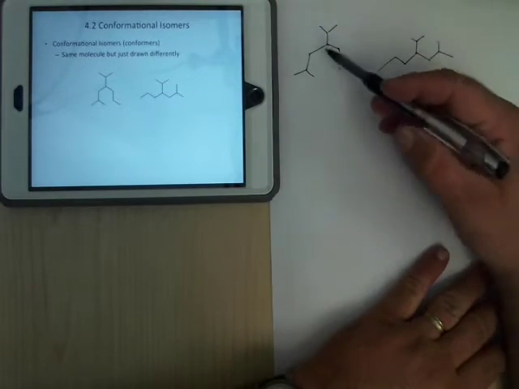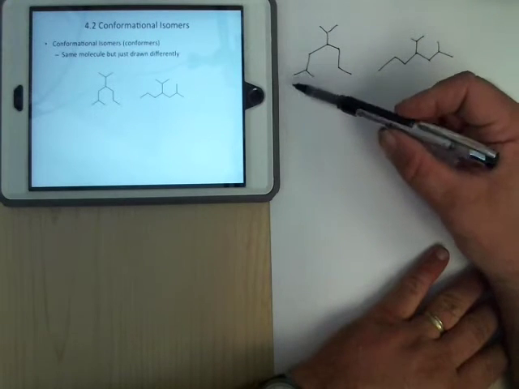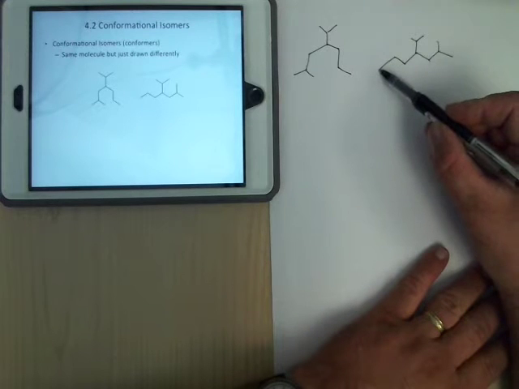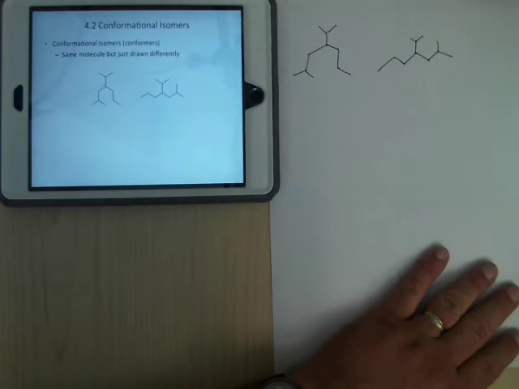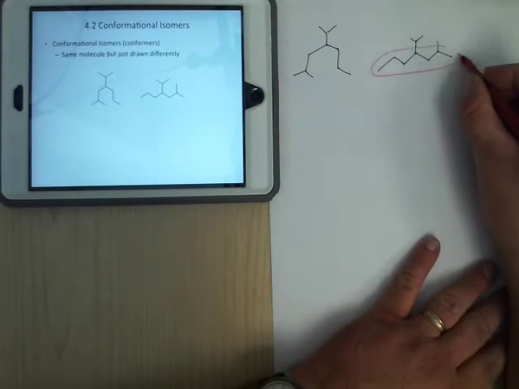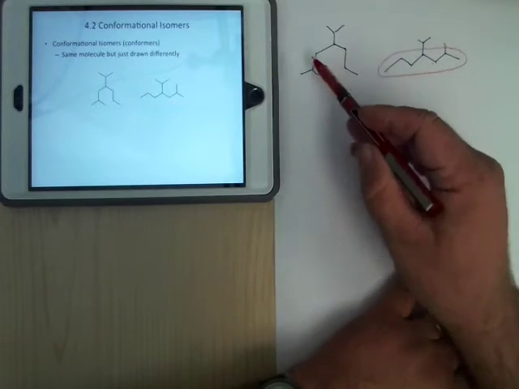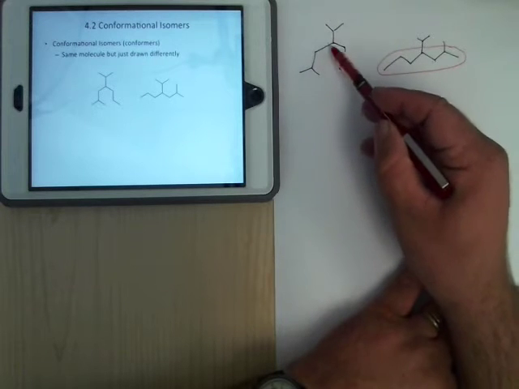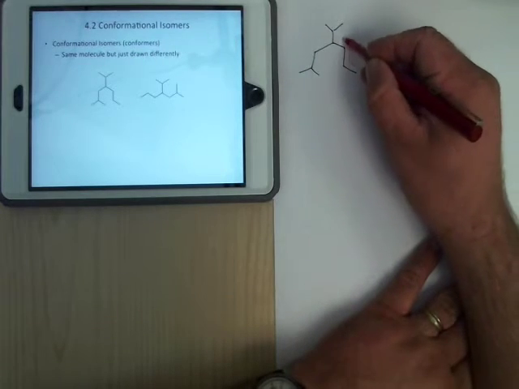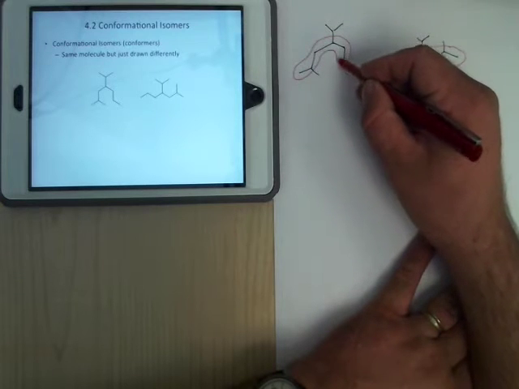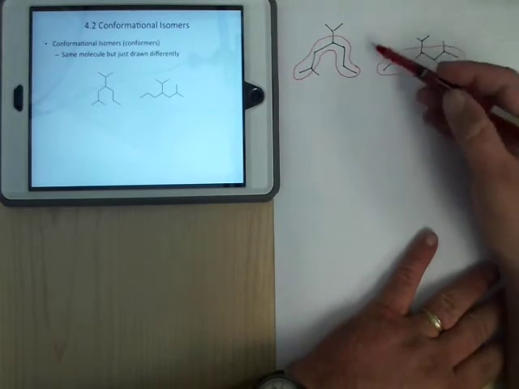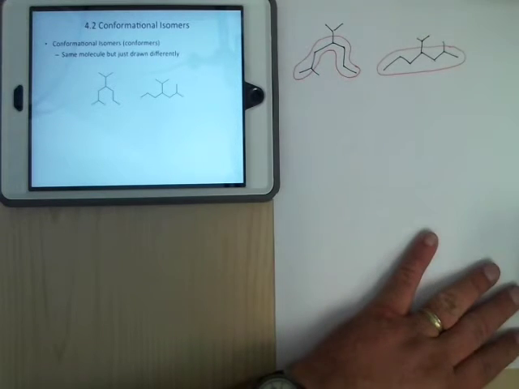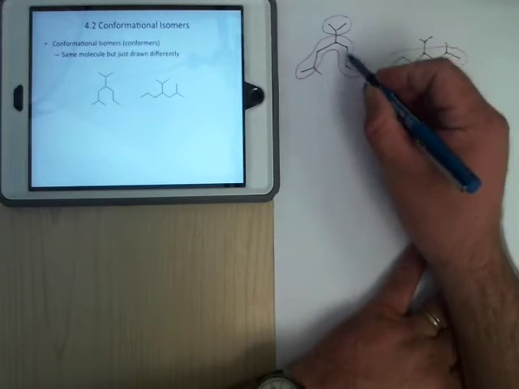But if you notice, with this here, when we talk about finding the longest chain, for here it's pretty obvious, right? So it's 1, 2, 3, 4, 5, 6, 7 here. So here's the longest chain. But for here, you have to go down the side chains, so 1, 2, 3, 4, 5, 6, or 1, 2, 3, 4, 5, 6, 7. So here the longest chain is going to be right here. The longest chain is the same, and you have an isopropyl group and a methyl,